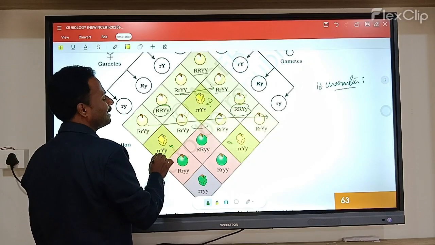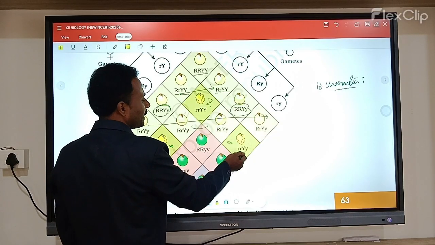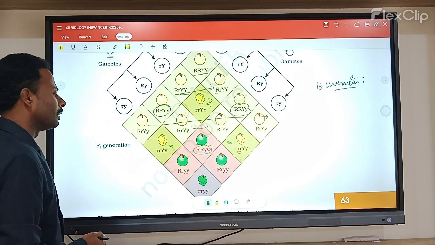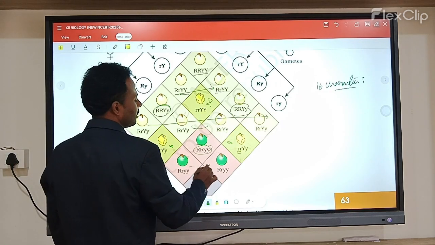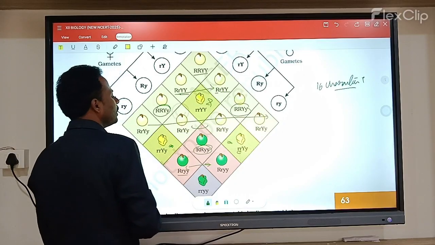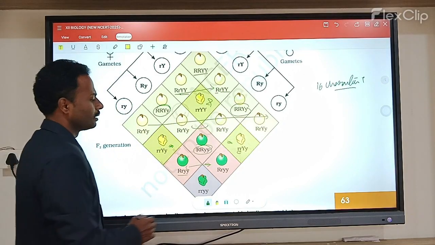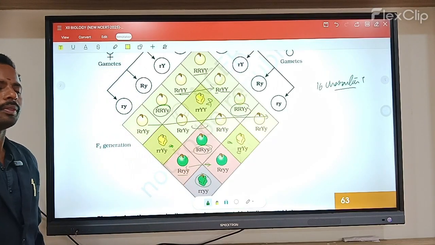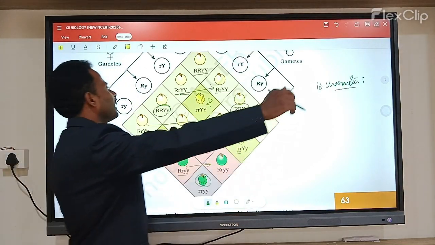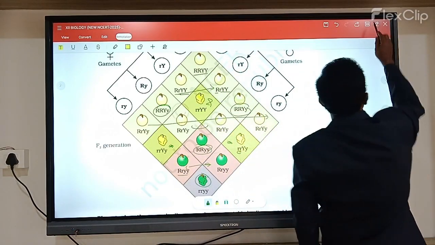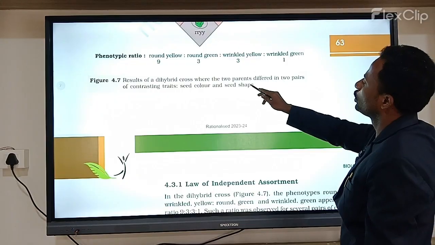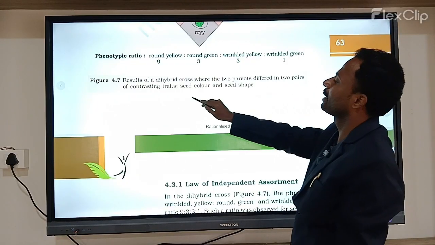wrinkled yellow, wrinkled yellow, and wrinkled green, and then round green. In these two characters, they are round wrinkled green, round wrinkled green. The last one is wrinkled wrinkled green green. These characters are obtained in that F2 generation. Okay, this is the result of the cross where the two parents differ in two pairs of contrasting traits,